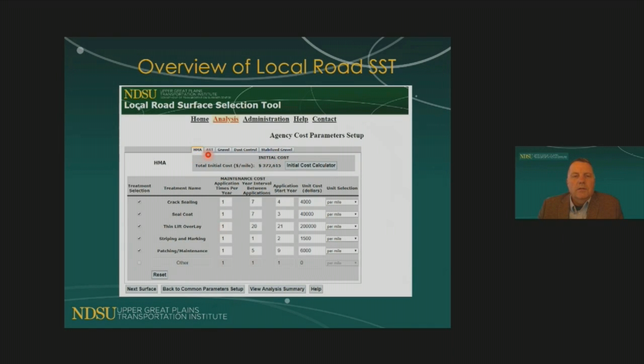And then you pick these little tabs up on top if you want to work with your hot mix asphalt, your AST, your gravel. In this case, we're looking at hot mix asphalt. So here's all the different maintenance items that you can be doing on a hot mix asphalt road. So we got crack sealing, seal coat, overlay, and then we put in, and the default value is in there, but if you want to change it,